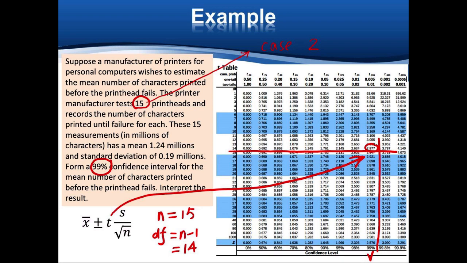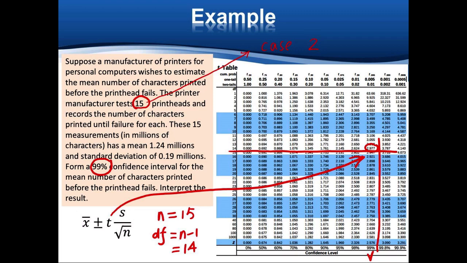These 15 measurements, in millions, have a mean of 1.24 million and a standard deviation of 0.19 million. Form a 99% confidence interval for the mean number of characters printed before the print head fails, and also interpret the